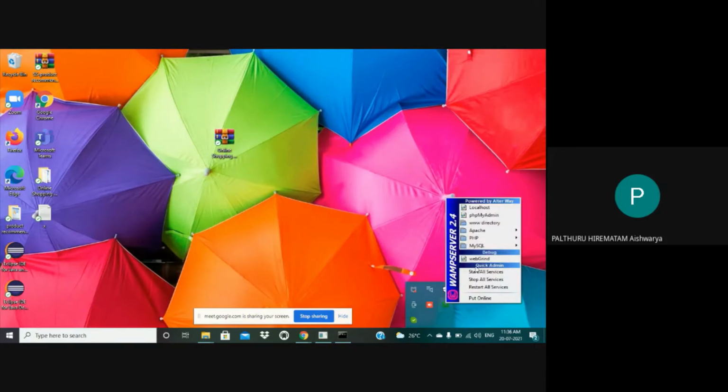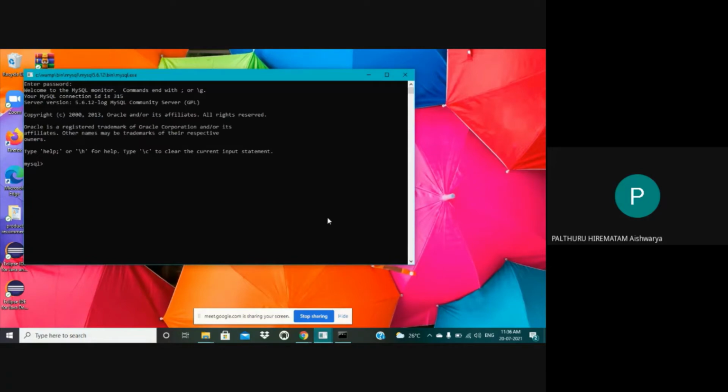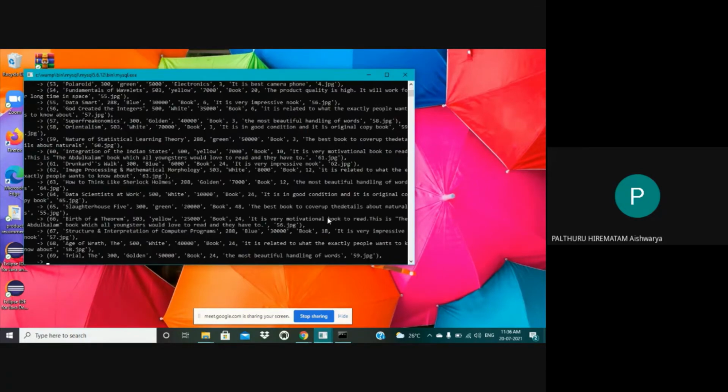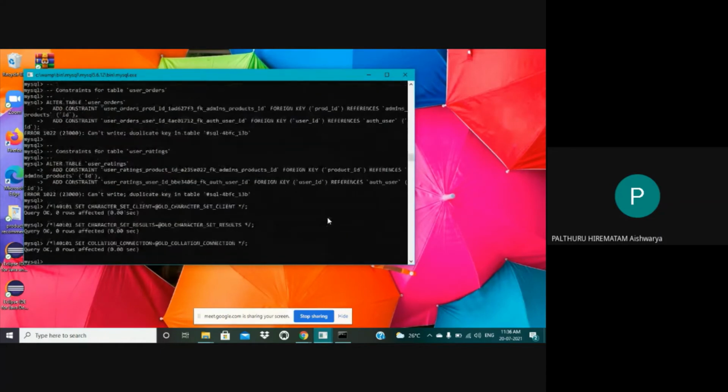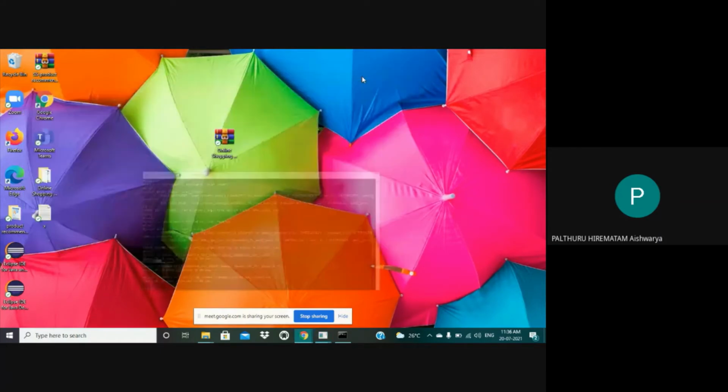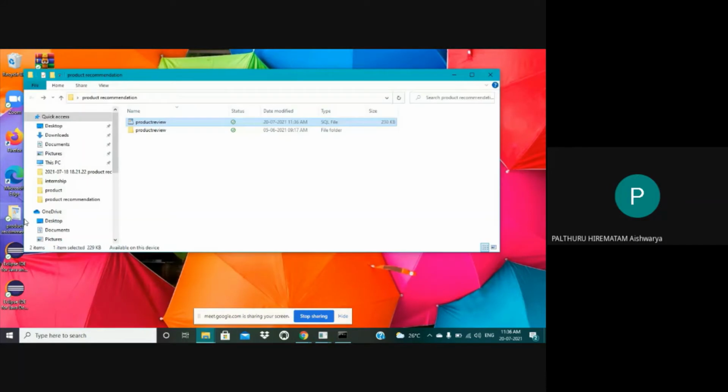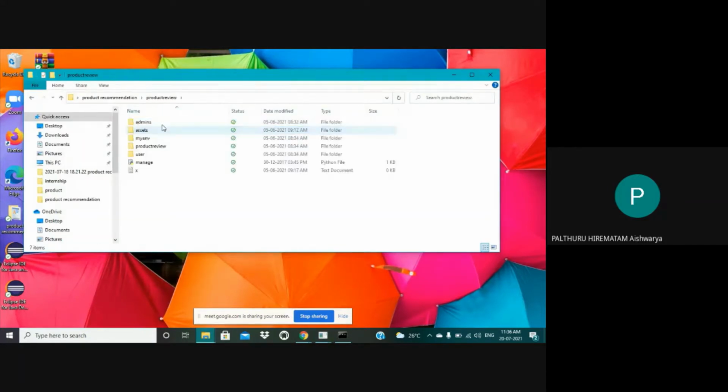In the WAMP server, we have to open the MySQL console to run this code. I had pasted that file into this WAMP server, and next I'm opening the folder of that path in command prompt